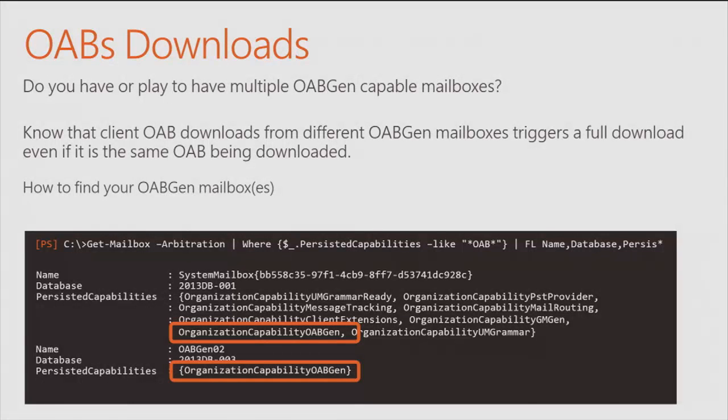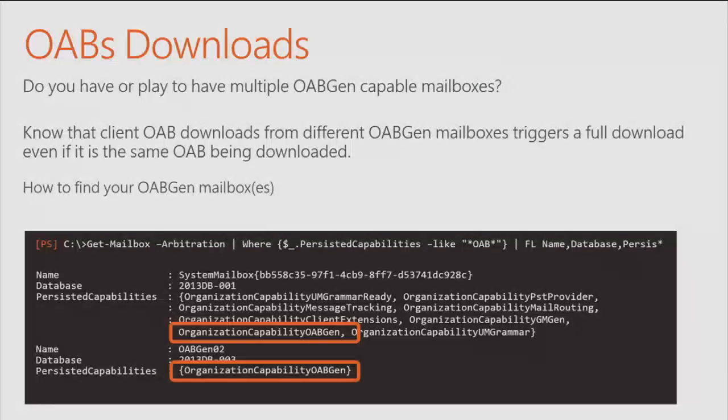Let's say I had 500 offline address books in my organization. Each one creates all 500. So there's no way currently to say, you create these 250 and you create these 250 offline address books. They just both go nuts creating all 500 each. And while they're generating them, at certain intervals, they're not quite generated at the exact same time. So even though it's the same OAB,